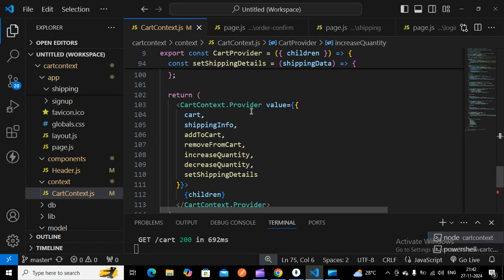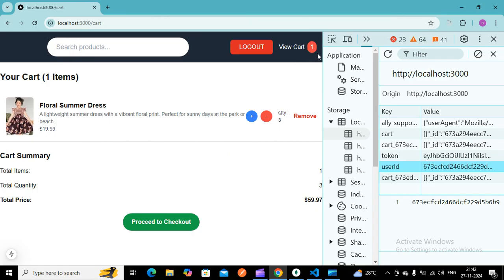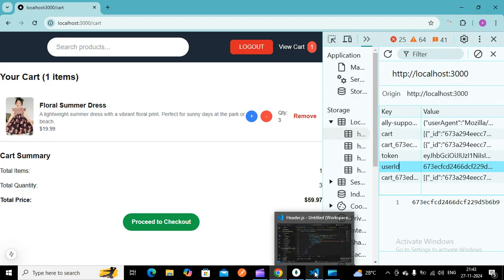In the cart context provider, you are getting this function, so that in header.js you will be displaying the view cart value, which is one, right? If I add to the cart, I have only one item, and that count is added here. For the specific user account, only that count I have to add in the header section.